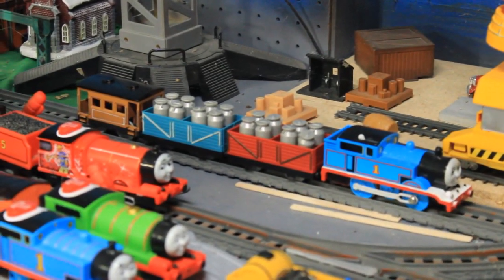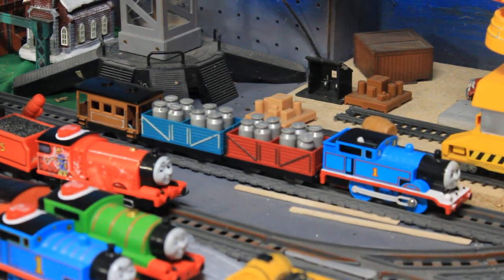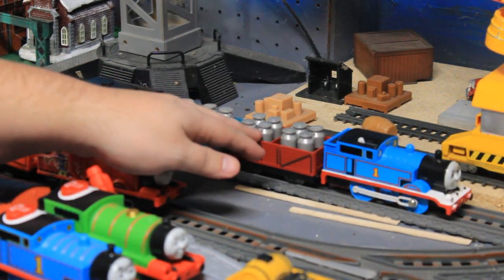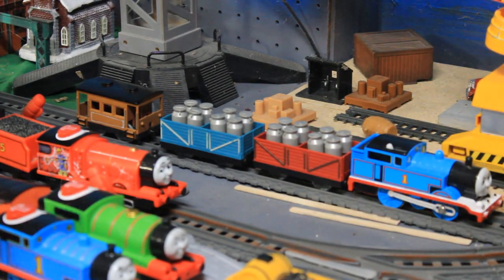So on to a new thing I got in the mail today. It is some trucks I've been wanting ever since about probably 10 years ago. About 10 years ago I was researching the suspension bridge set, where the trucks came from, the wobbling suspension bridge. I didn't get the set, wish I would have, but it's $100 and that's a bit too much for me. But I did get the milk tankers on eBay for about $20, and I'll tell you what, I think it's one of the best purchases of $20 I've ever spent in me bloody life,